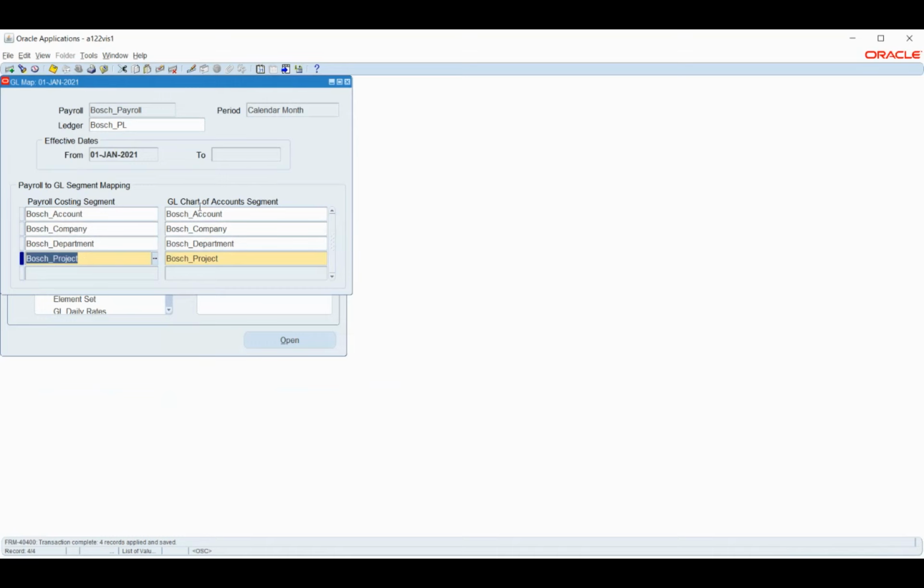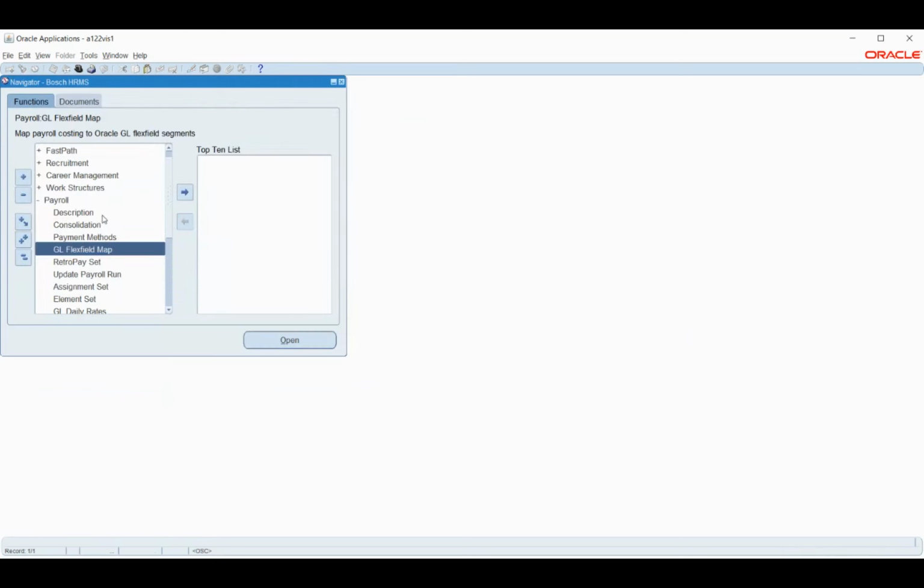So for these cases, we will do the mapping, and we will say that if this is segment one, on the other side GL, we will have segment one as so and so thing. Okay. So that is the purpose of doing this GL mapping. Okay. So now we have done the GL mapping.